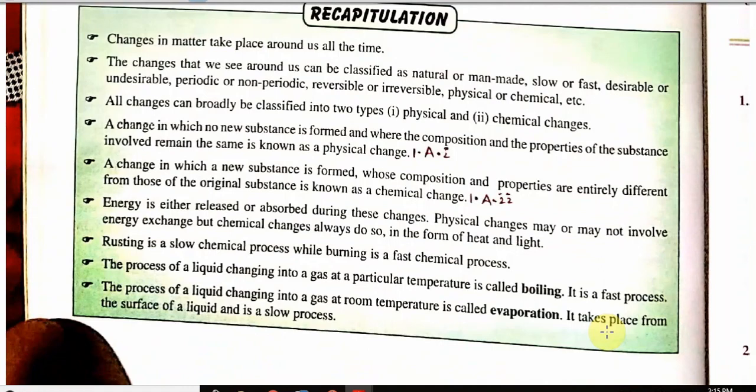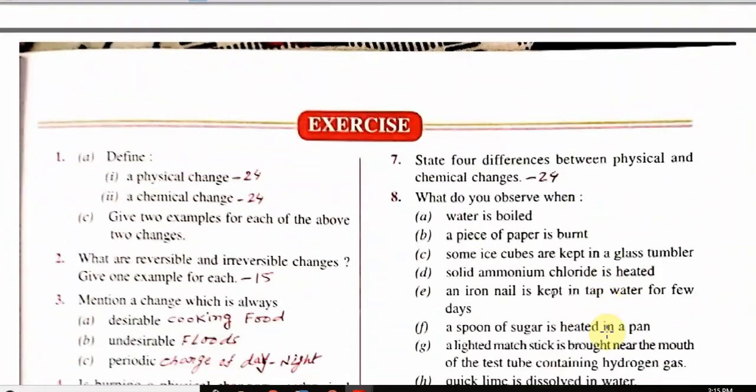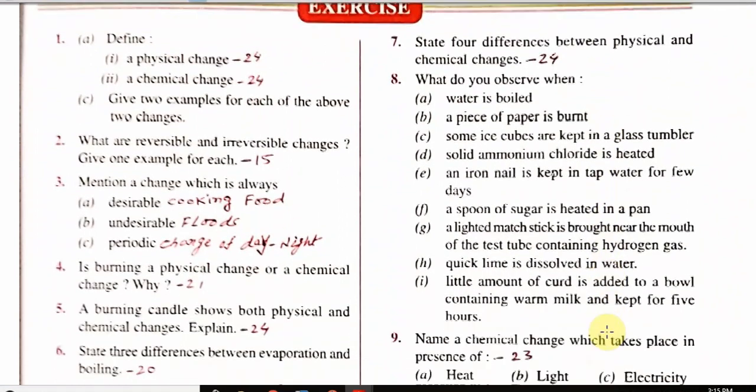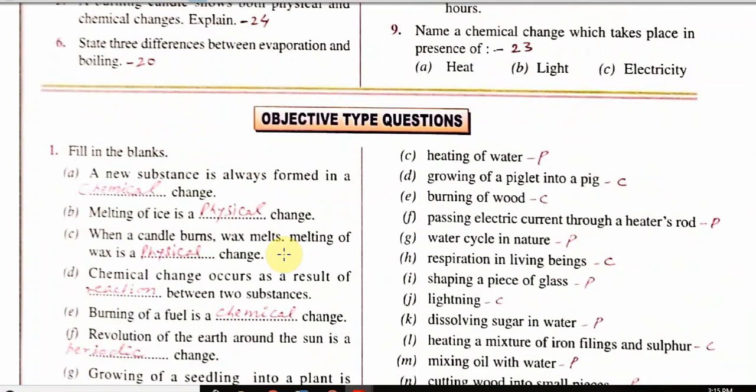You can see these are revision points and I have also provided you the PDF. You can see here I have marked all the question answers for you. You can see these are actually page numbers in the PDF. You can find the answers, and also I have written some answers with pen for you. So students, go through the chapter. You can see everything is done. P means physical and C means chemical change.